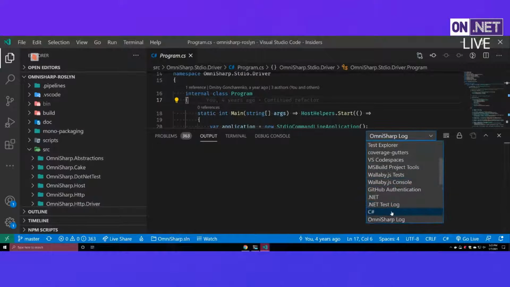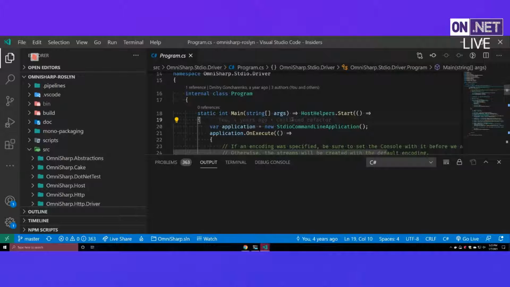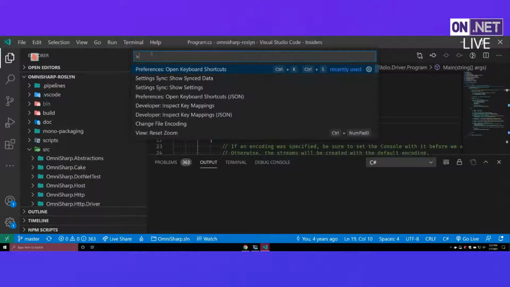In the C# one, you'll see where it's actually downloading it. So if I could type the right buttons, I apparently can't. What, are you trying to open the terminal? No, I'm not trying to open the terminal. I'm trying to open options.